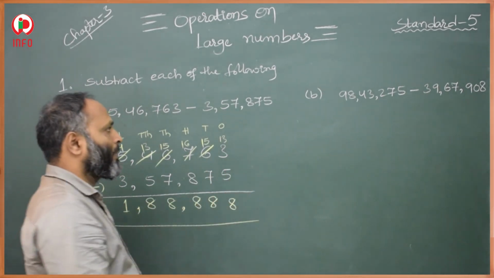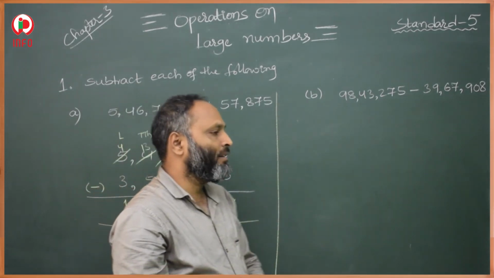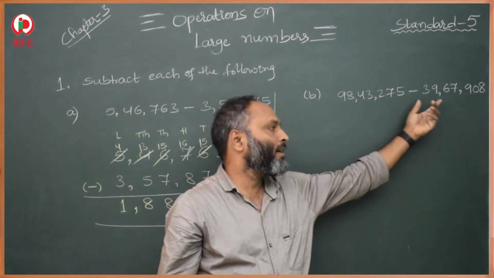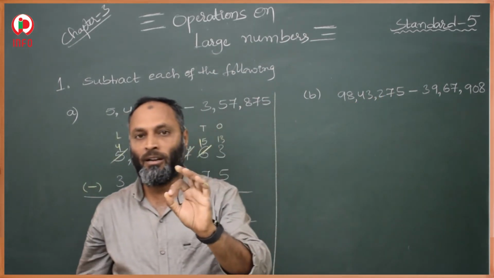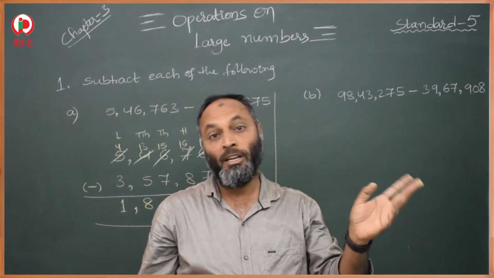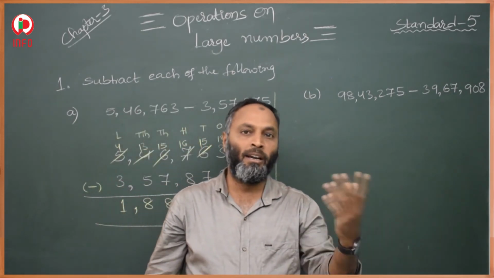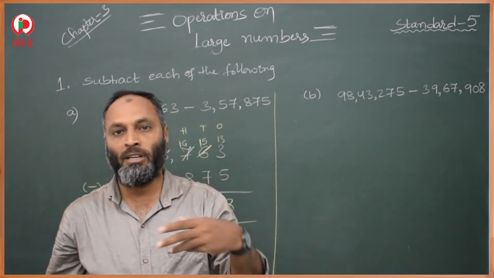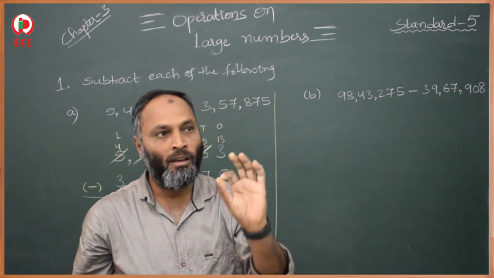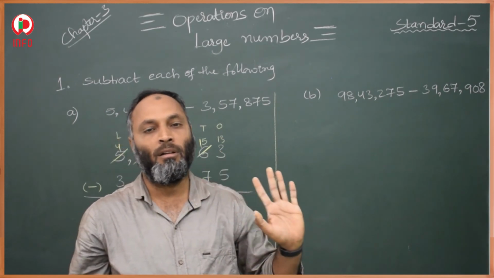In the same way, the next question. In the next question also we have to find the difference. So this is the minuend, this is the subtrahend. The order cannot be changed in subtraction. But in addition, as we already discussed, the order can change. How you write the addends depends on you. But in subtraction, whatever order is given, we have to follow the same order only.